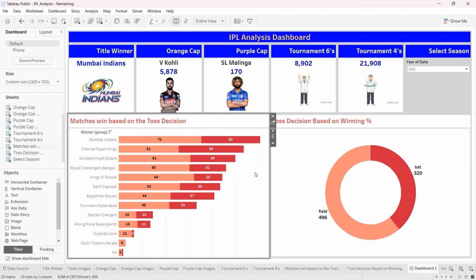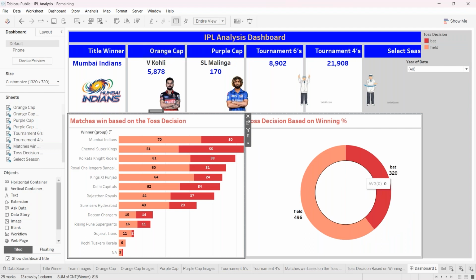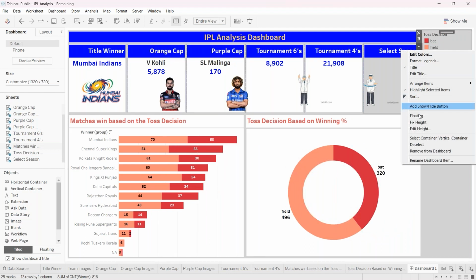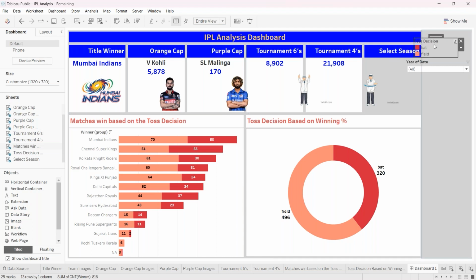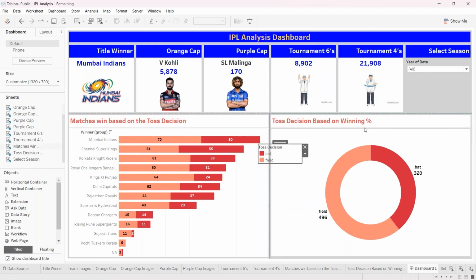So I can simply select any plot, go into the drop down menu, and go ahead with the legends, which is nothing but the color legends. Select these. Again I can go into the drop down menu, I'll make it float, and I'll remove this particular blank object. Now I'll simply put this particular